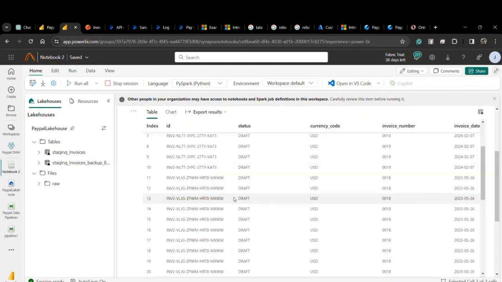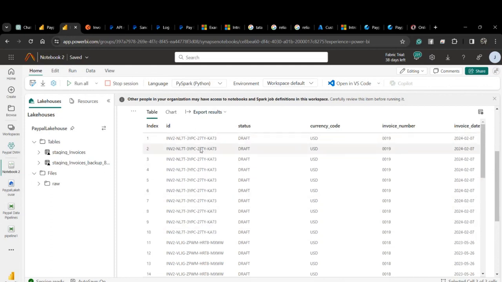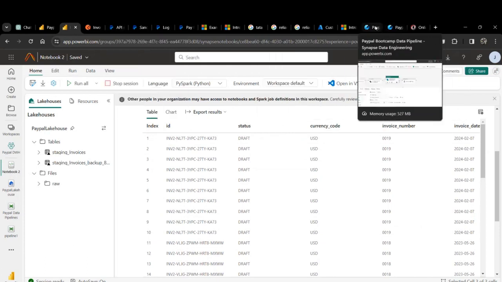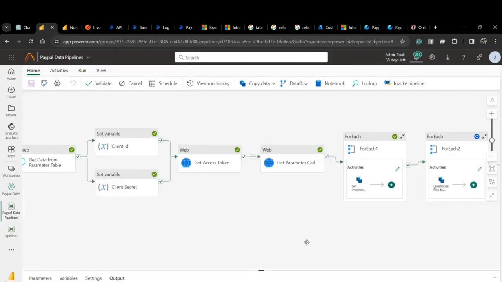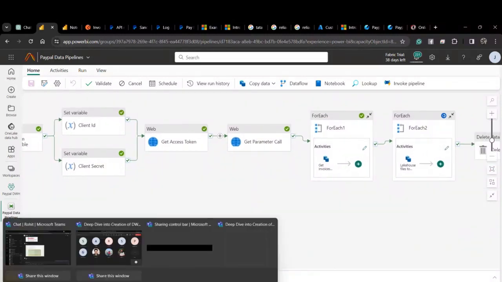So this was the end result. Now this can be exported to Power BI to create visuals and dashboards. So this was what we built in Fabric, the entire data pipeline. Some projects, so you can all try your